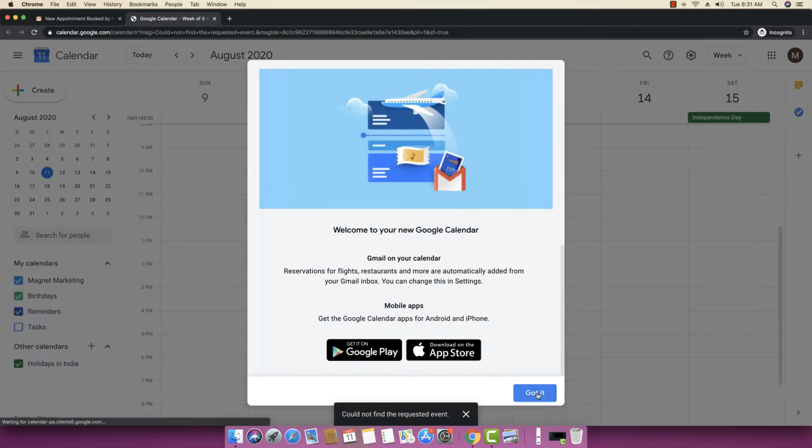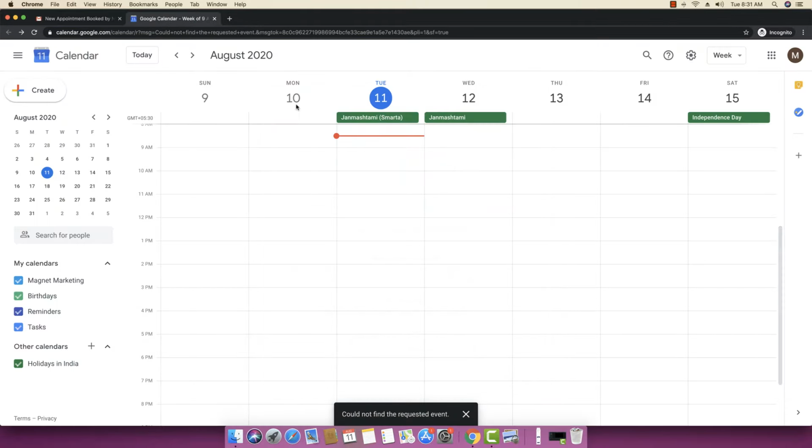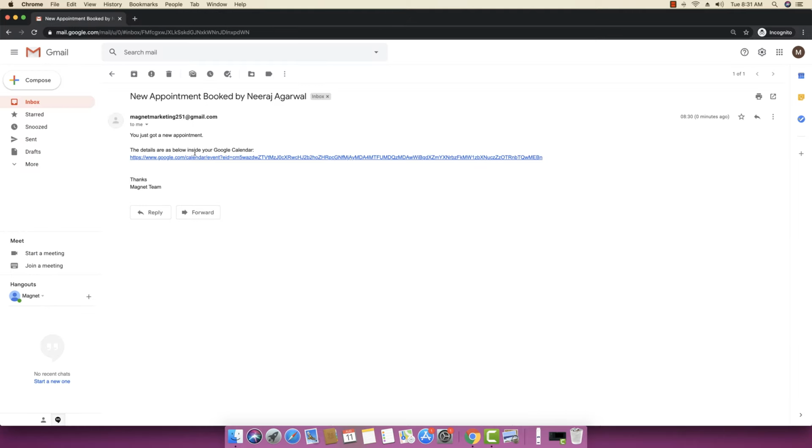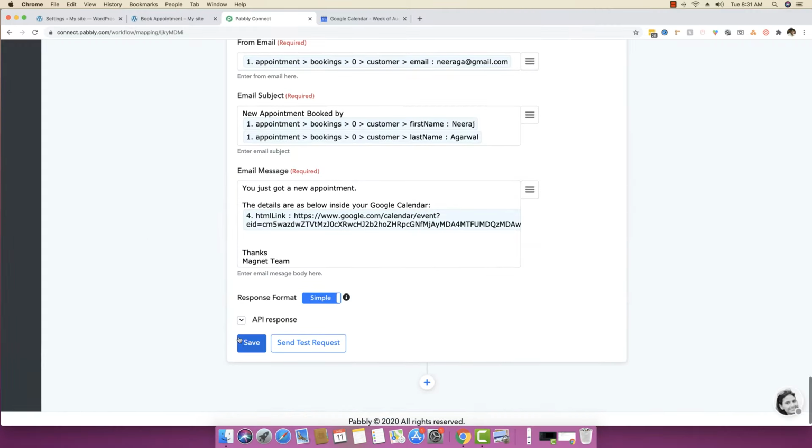I'm just going to click this event. It might be a different account, so I'm not sure if it will open up or not. Yeah, I think it's going to open up. No, actually it's a different account, so you won't be able to see the calendar event. But if someone clicks on this event, they will be able to see the event inside their account. Still, you got all the details right here, and I think everything looks good, right?